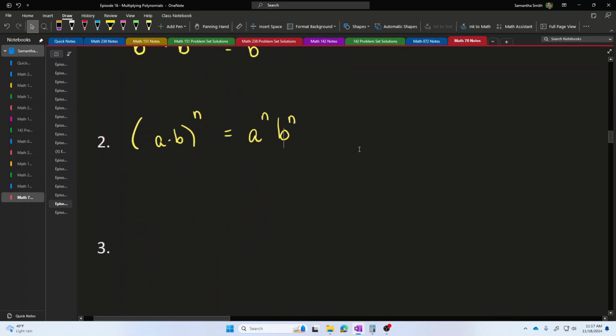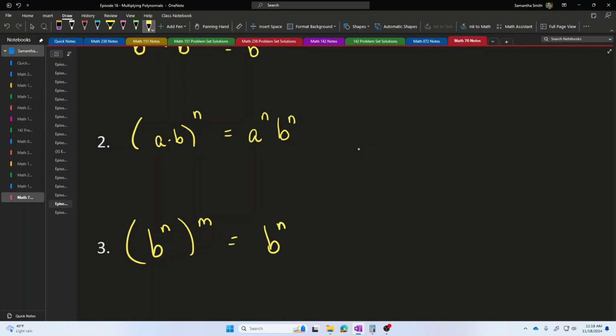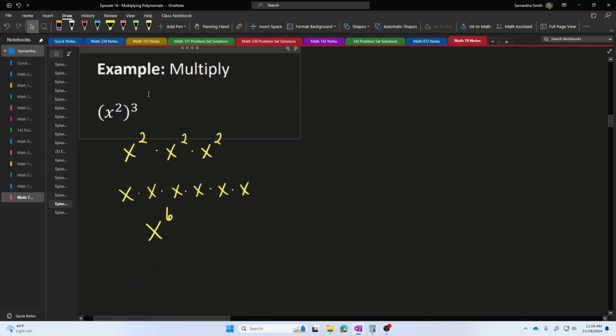And the final exponent property that can be used as a shortcut sometimes, if you have a base raised to a power, and then you take that result and you raise it to another power. In this case, you can just multiply the two powers together, n times m. And to show you an example of this exponent property, we used that in this last example here, x to the power 2, quantity raised to the power 3. This was 3 copies of x squared multiplied together, which gave us a total of 6 x's, x to the power 6, x to the power 2 times 3.